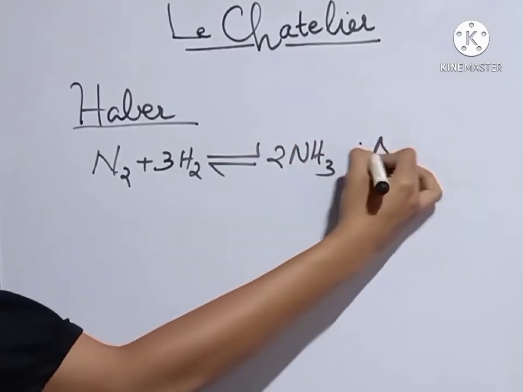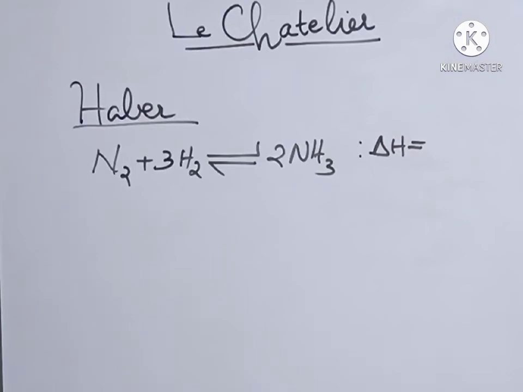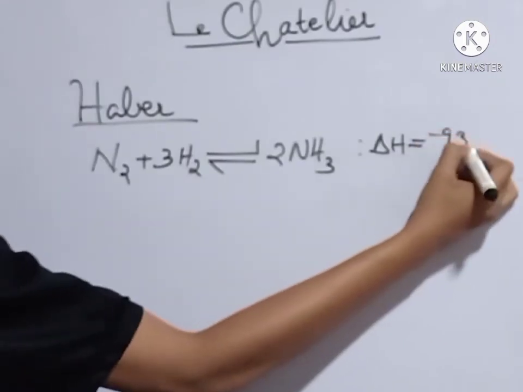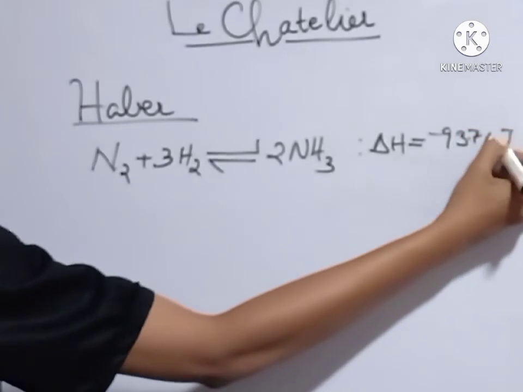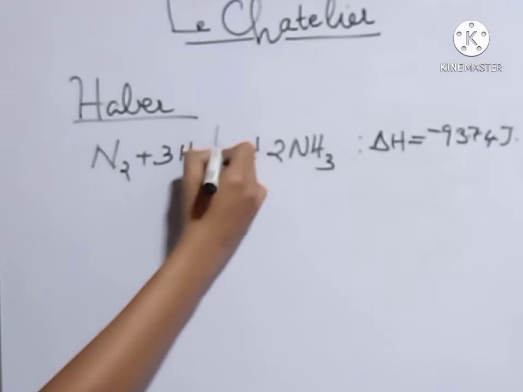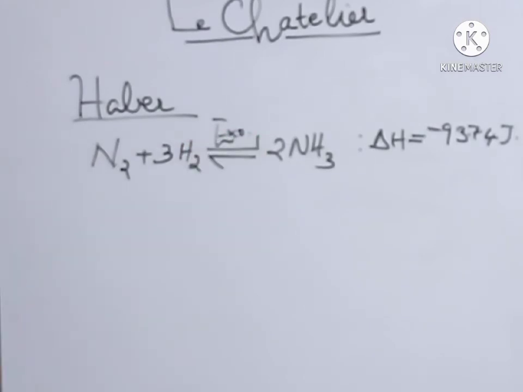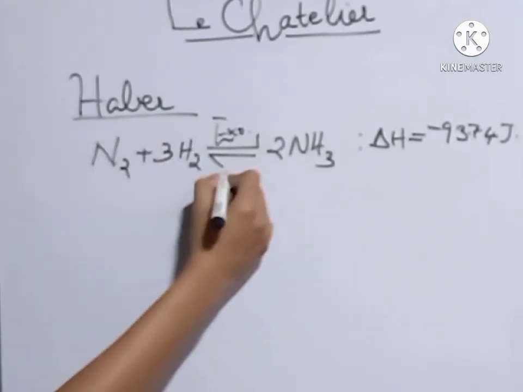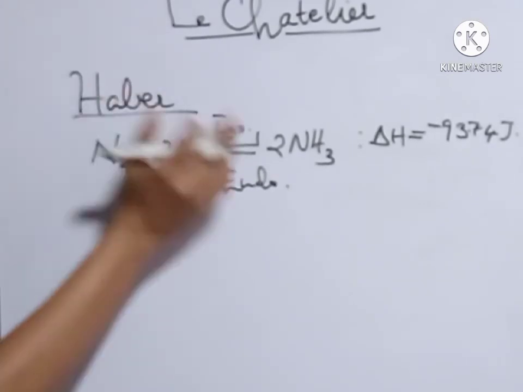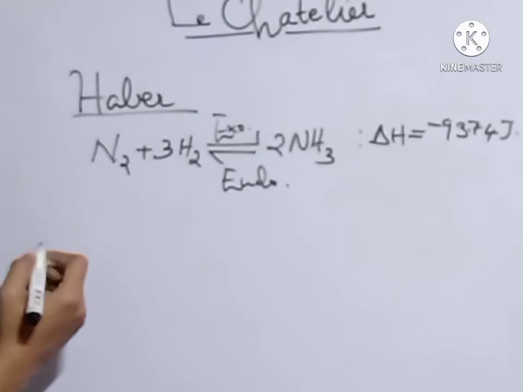And the delta H value of this reaction is minus 93.74 joules. So the minus sign represents that the forward reaction is an exothermic reaction and the backward reaction is an endothermic reaction. So since the forward reaction is exothermic,